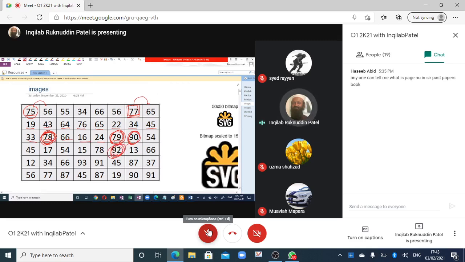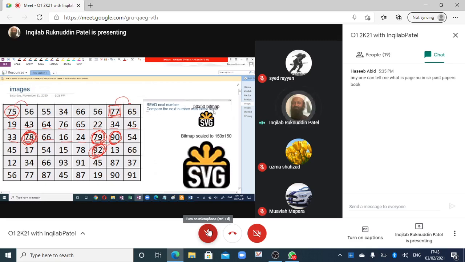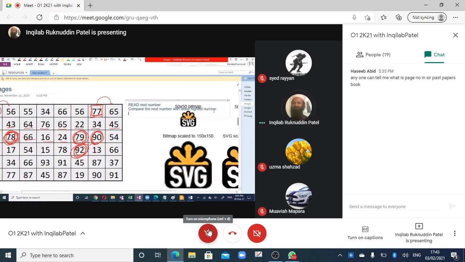So what we are doing, we are comparing. We read a number, read the next number, compare the next number with the previously latest highest number, right?